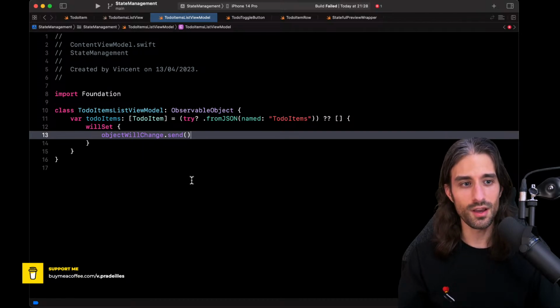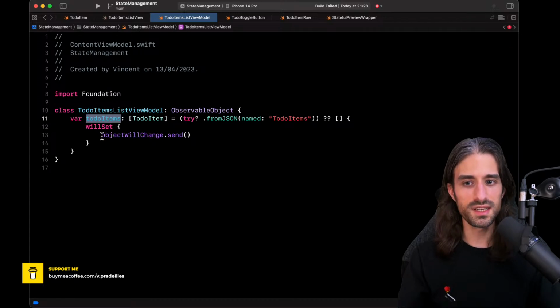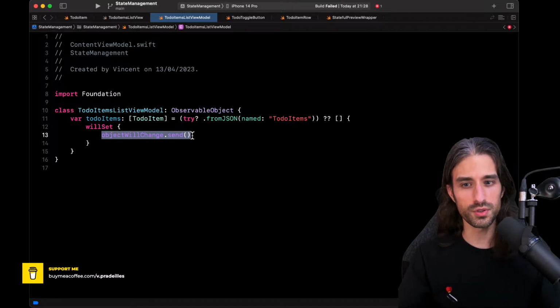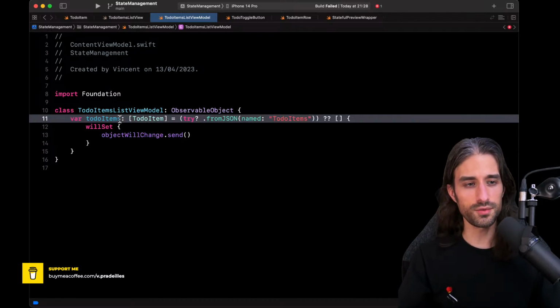This is conceptually what we would like to do. It's interesting to write it out like this because it shows how the content of ObservableObject is actually used. And when it's written like that, it's very clear that whenever a new value is set to this property, then objectWillChange gets a new event which notifies SwiftUI that the view needs to be recomputed because the content of the view model has changed.